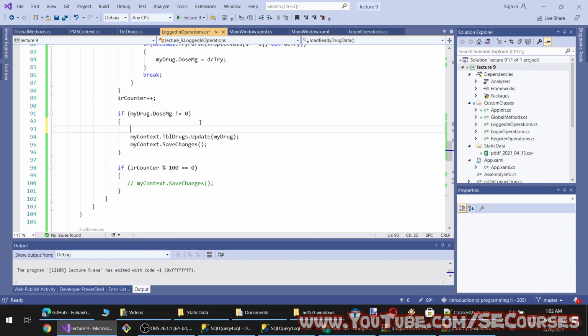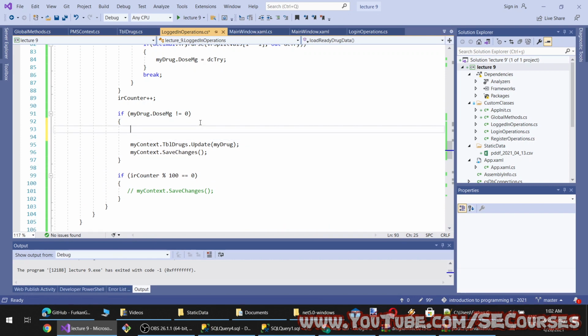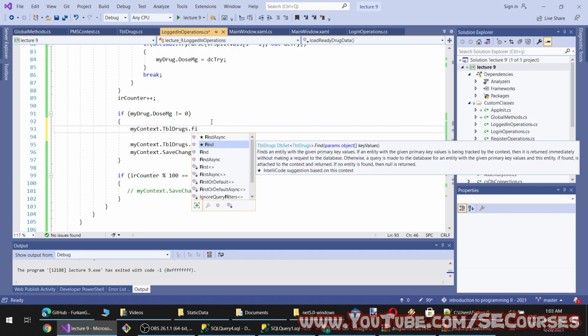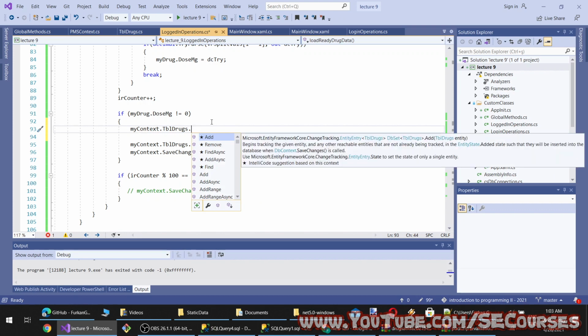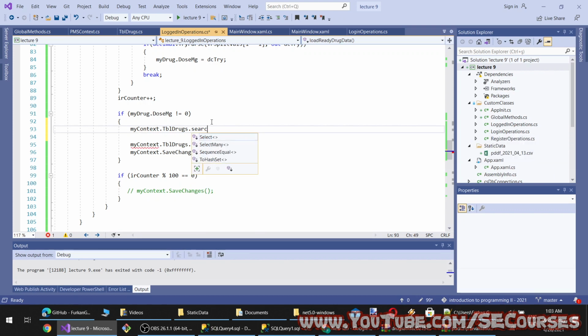So we need to check whether it exists or not. Okay, find uses the primary key. Therefore, I need to look for, so select.